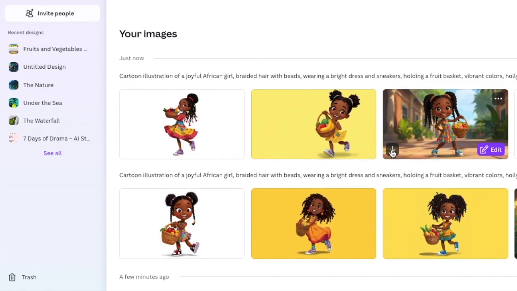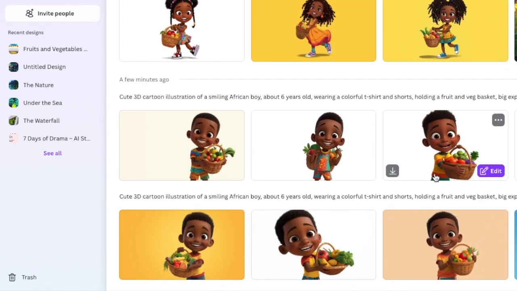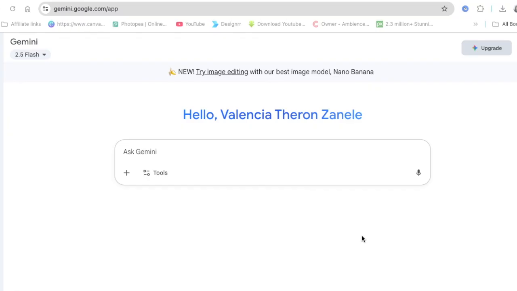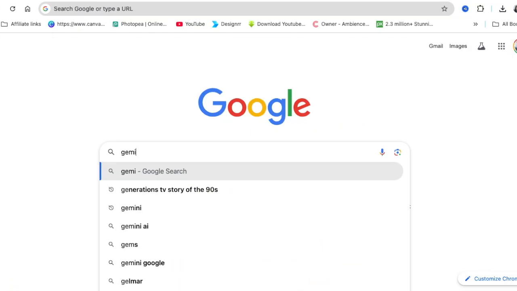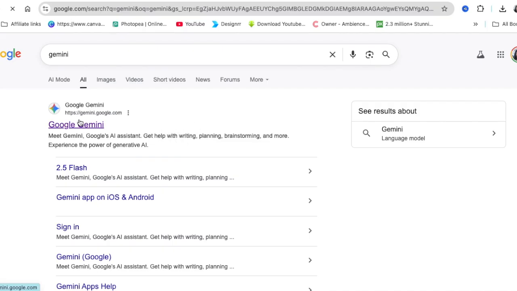Now we have characters. We're going to download them and we'll use the ones we want to use. I like him and him. These days we have tools like Nano Banana. Search for Gemini to find Nano Banana. When you click Gemini and you go to